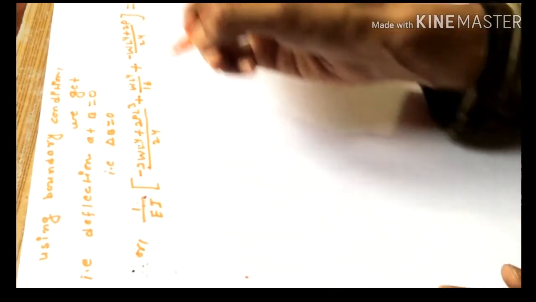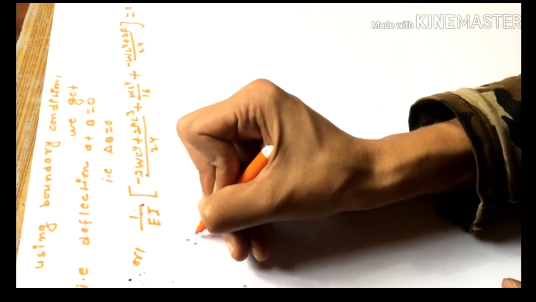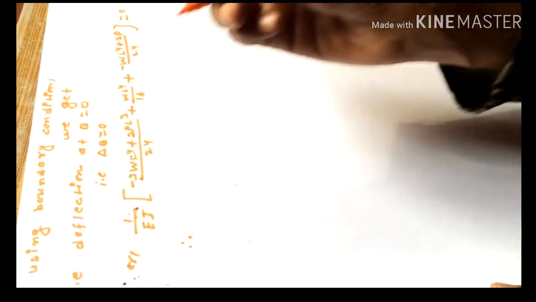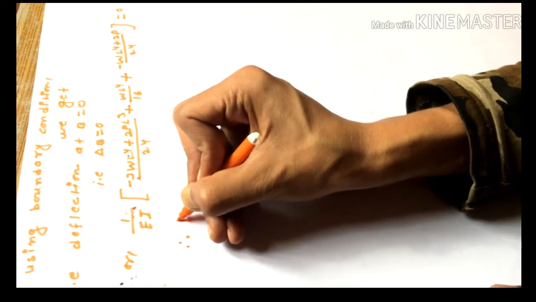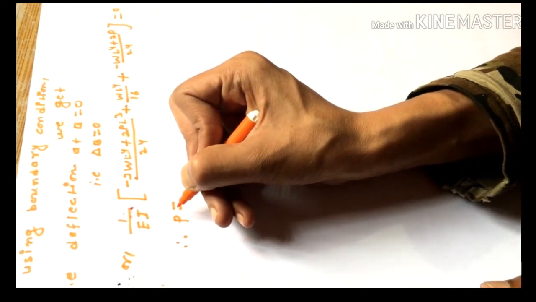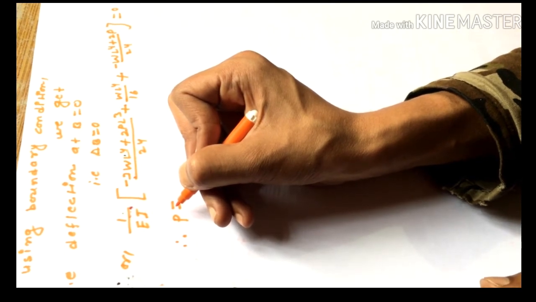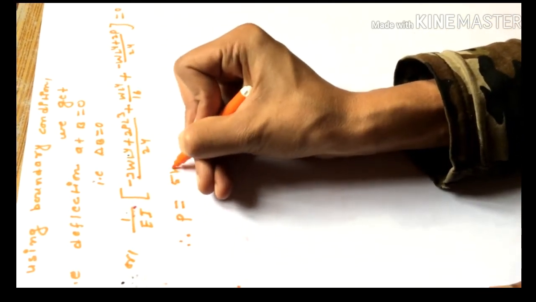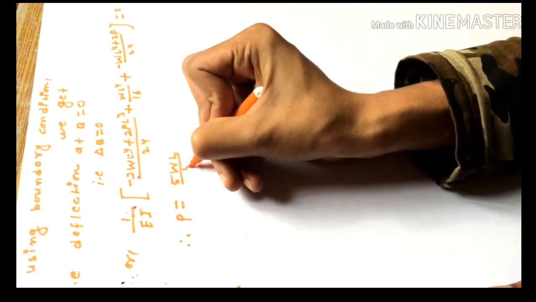Calculate it yourself. On calculating, we get P is equal to 5WL by 8. After calculating the value of P, we get